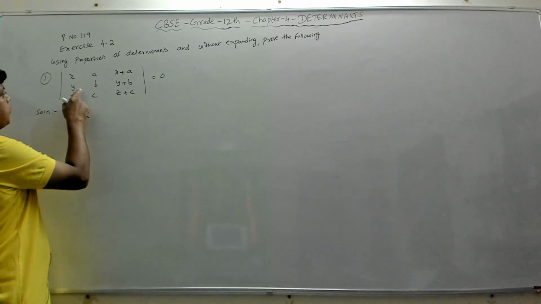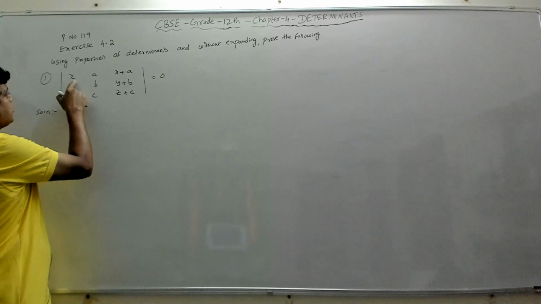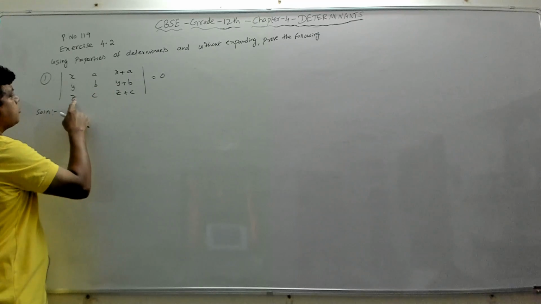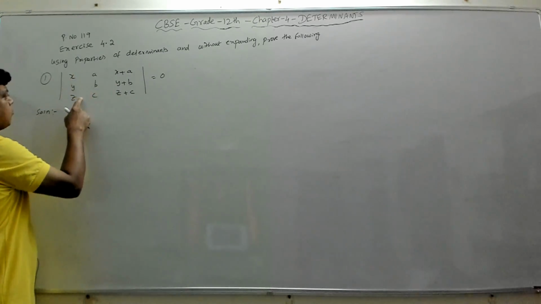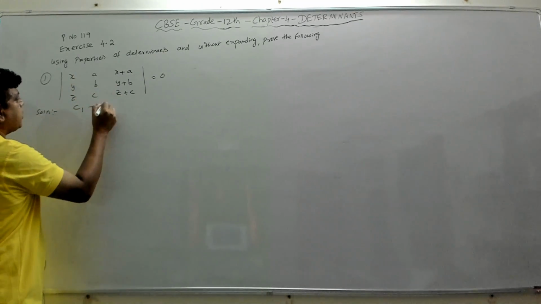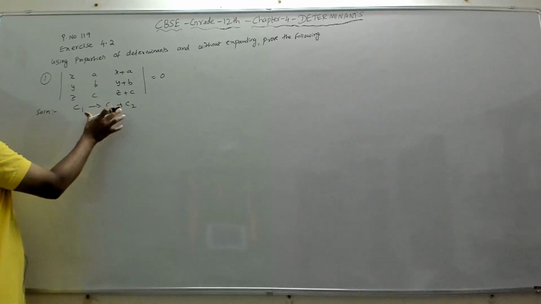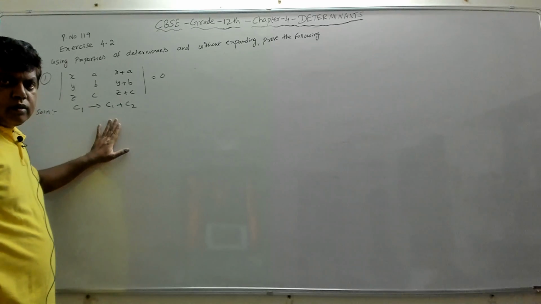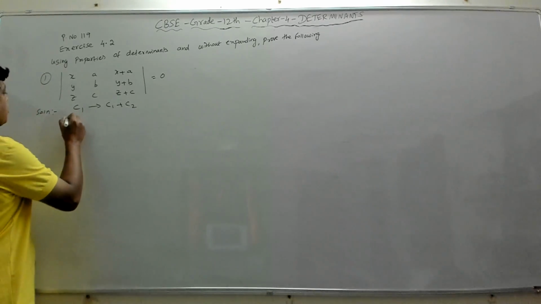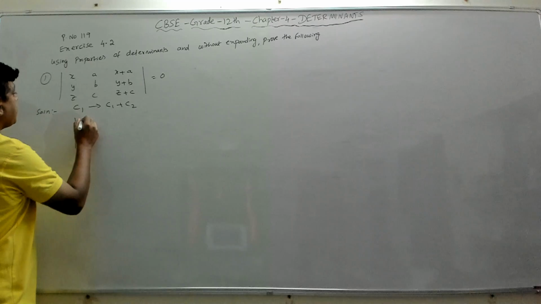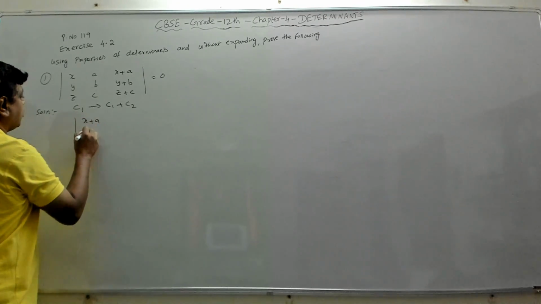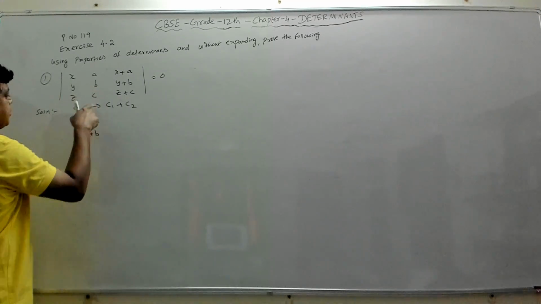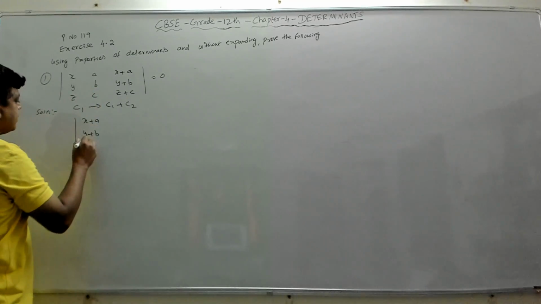For example, if you observe this, if you add these two, x plus a, you will get this. If you add these two, you get this. If you add these two, you get this. So this column 1, we can write as column 1 is column 1 plus column 2. If you apply this operation, this is using our property 6. So what do we get? If you use this, then your determinant will become x plus a, y plus b, I am adding c1 is c1 plus c2, then again y plus b, then z plus c.